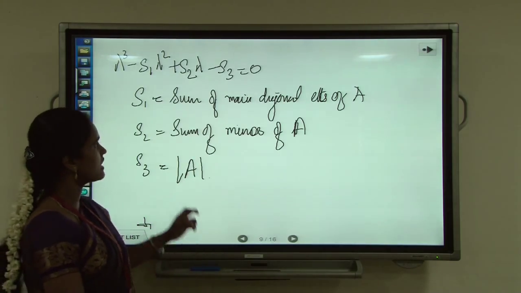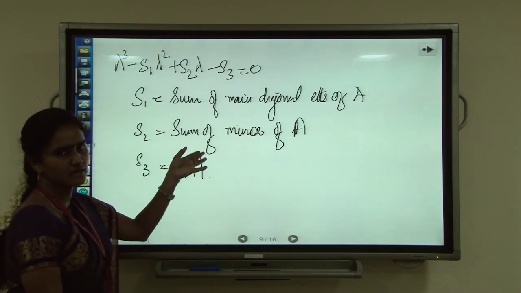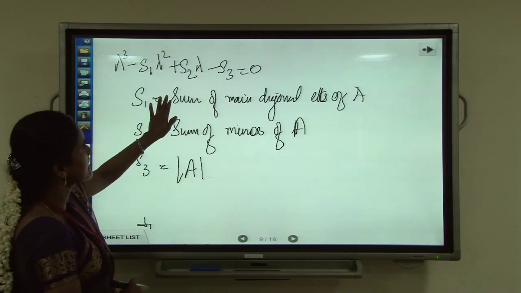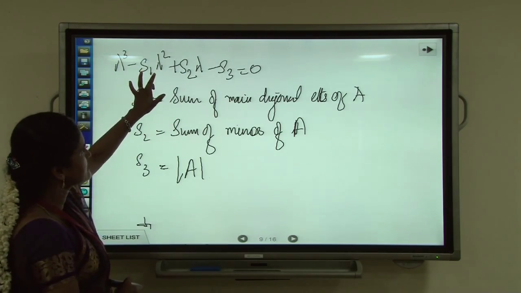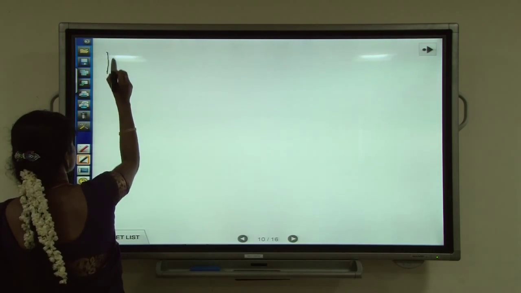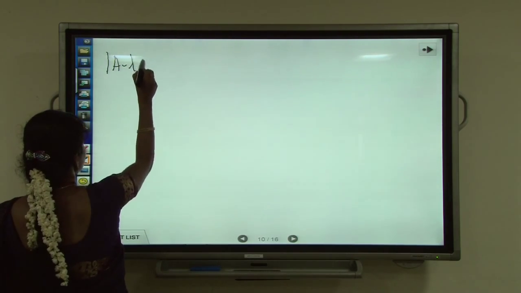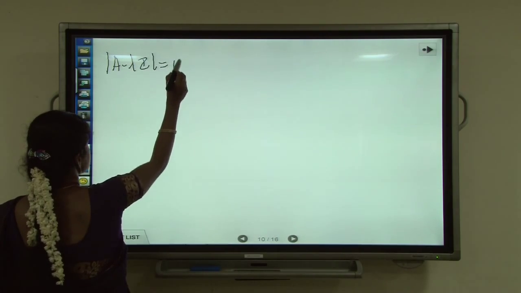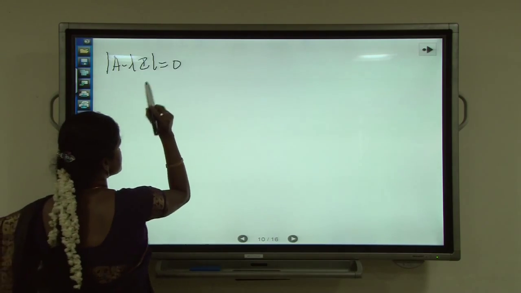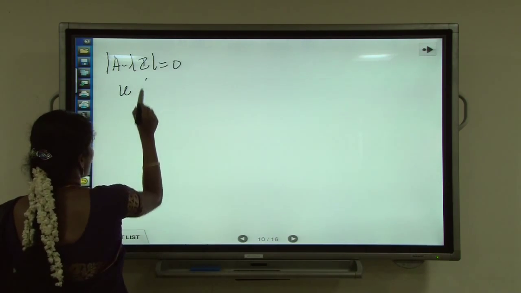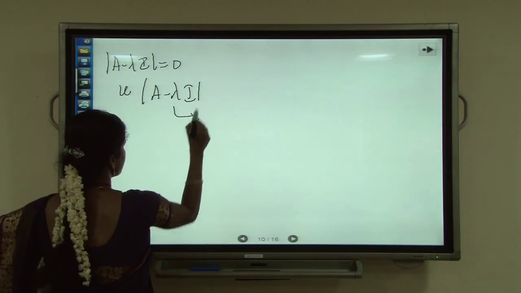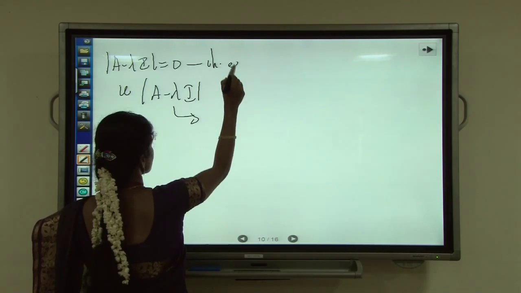I'll show you how to find the characteristic equation in this method by taking a problem. So now it is very clear how we find the characteristic equation: that is, determinant of A minus lambda I equal to 0. And here you can call this determinant of A minus lambda I alone, if this is the characteristic equation,